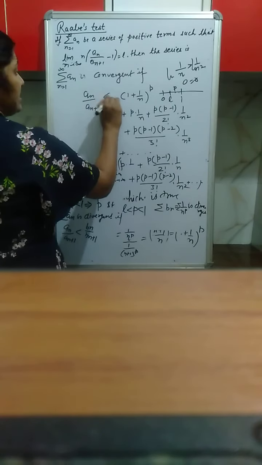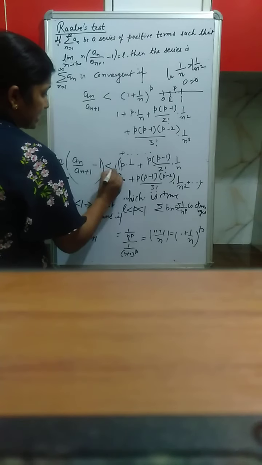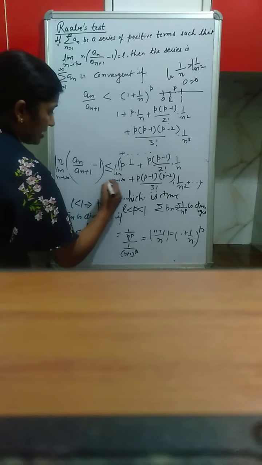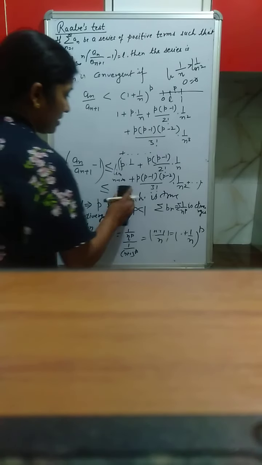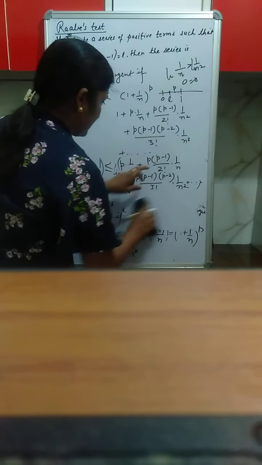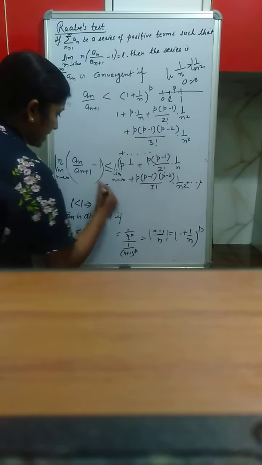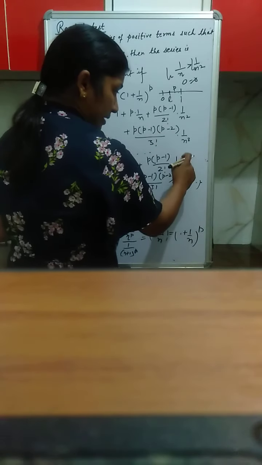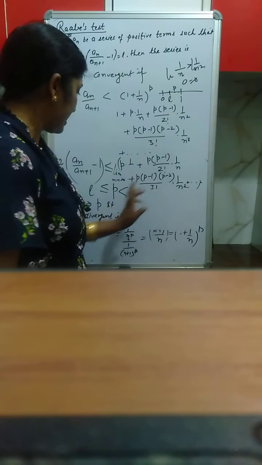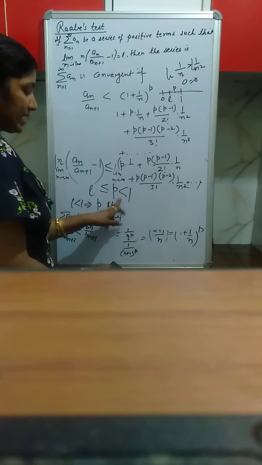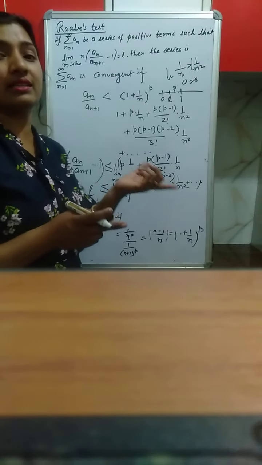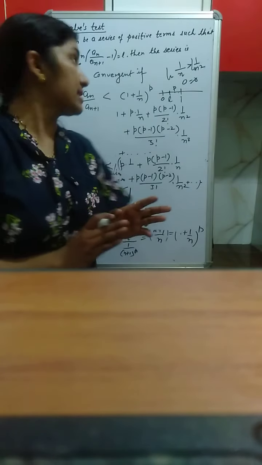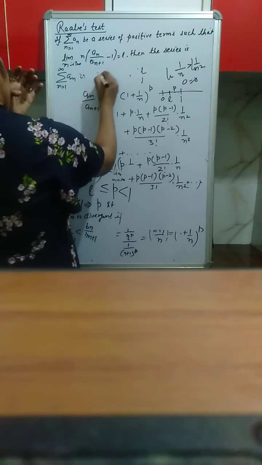Here it comes less than sign, then here it is less than equal to. This is L, and L is less than 1, this is less than equal to, again when n approaches infinity this term will be 0, again all the terms except P. That means L is less than equal to P and P is less than 1, as 1 upon n is 0 as n approaches infinity. So L is less than equal to P less than 1, which is again true as we have taken the case when L is less than P less than 1. So in this case the series summation An is divergent.